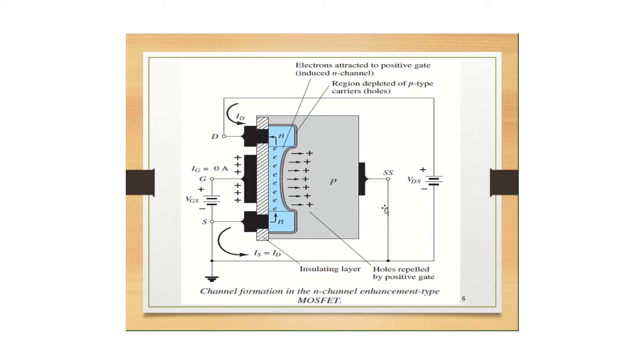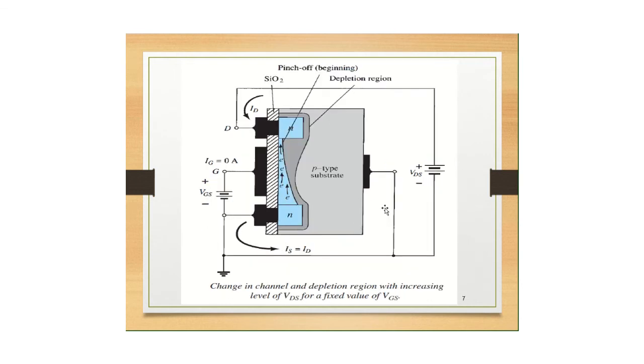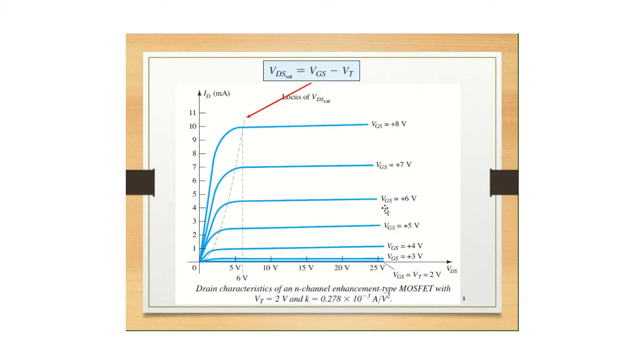So let's understand more about the drain characteristics. While understanding the drain characteristics, the output current is our drain current, right? And the output voltage is our VDS, drain to source voltage. And the control variable is the VGS, that is voltage applied across gate and source. Now the output characteristics will be like the drain current versus VDS for various levels of VGS.